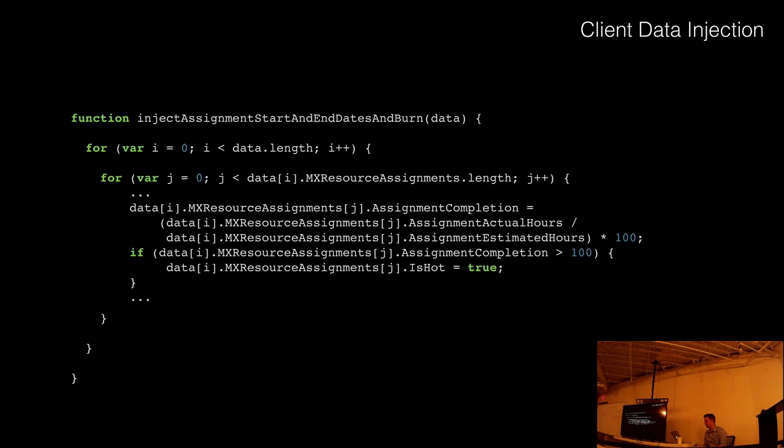So for some things, I did a little bit more advanced determination and injection of data on the client. So sometimes when I get it back, this is an example of I want to know, say for instance, whether or not a project is running hot. So that way I can turn the bar red when I'm like, hey, there are too many hours being gone on this one, so I'll do some nested looping and do this determination and inject that data on the